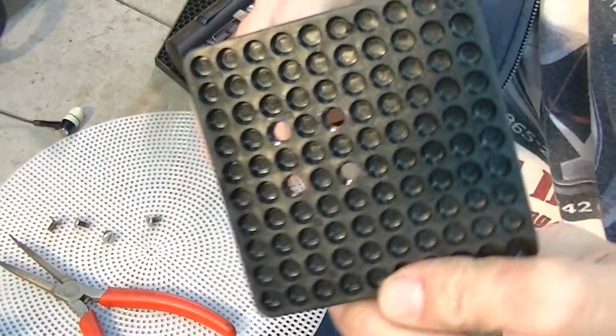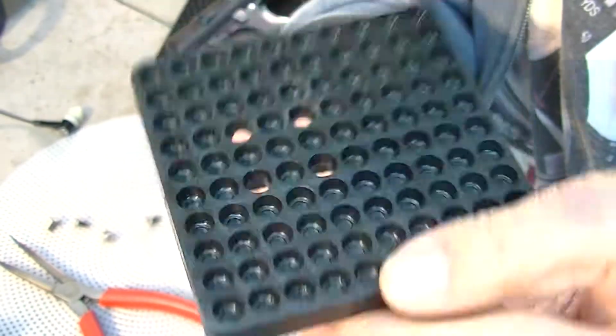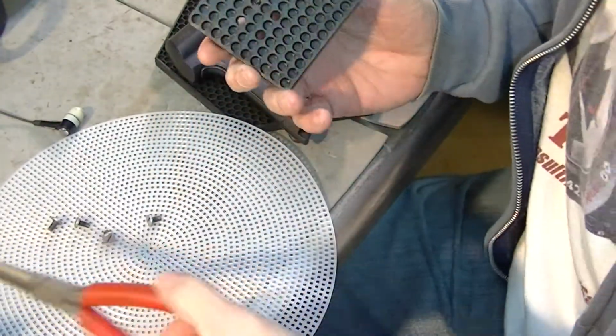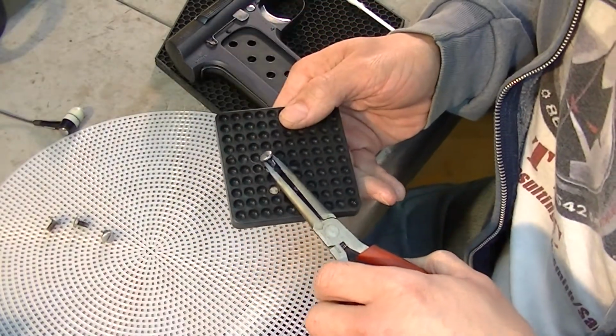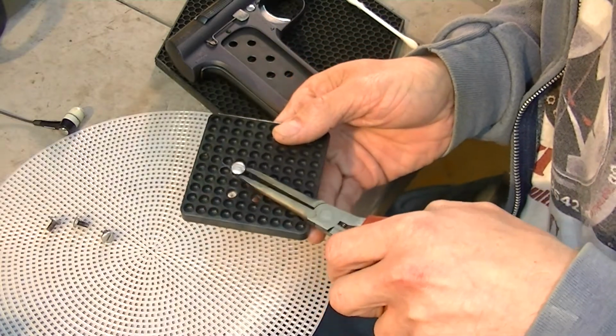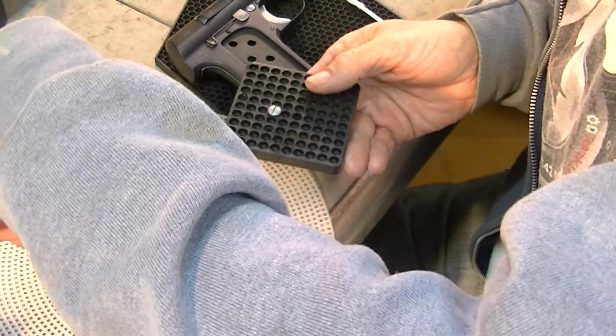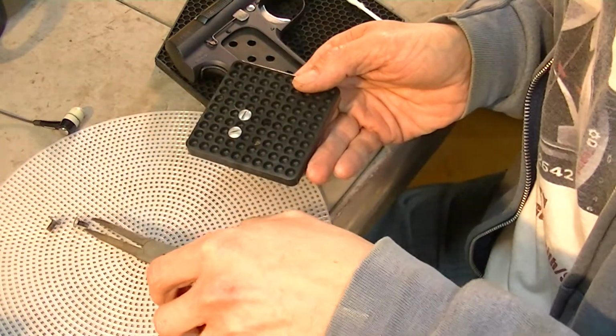Wanted to show you, this is going to be another tip. You see the 4 holes that I've drilled out of here? This is a primer tray. What I use these for, and you can drill as many as you want, but right now I only needed 4, and so what I like to use these for is if I have, say, some screw heads that I